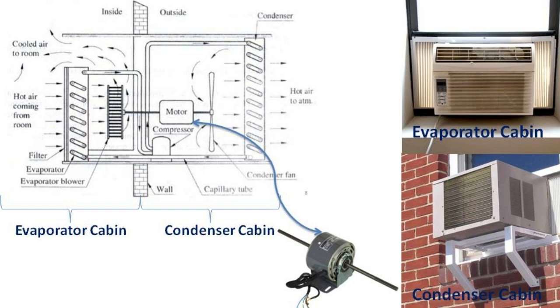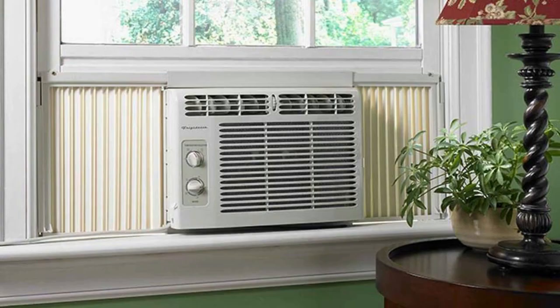The evaporator cabin is located inside the room for cooling the space, and the condenser cabin is located outside for heat rejection. There is an insulated partition separating these two sides within the same casing. The front panel is the one that is seen by the user from inside the room where it is installed, and has a user interface control, either mechanical or electrical.